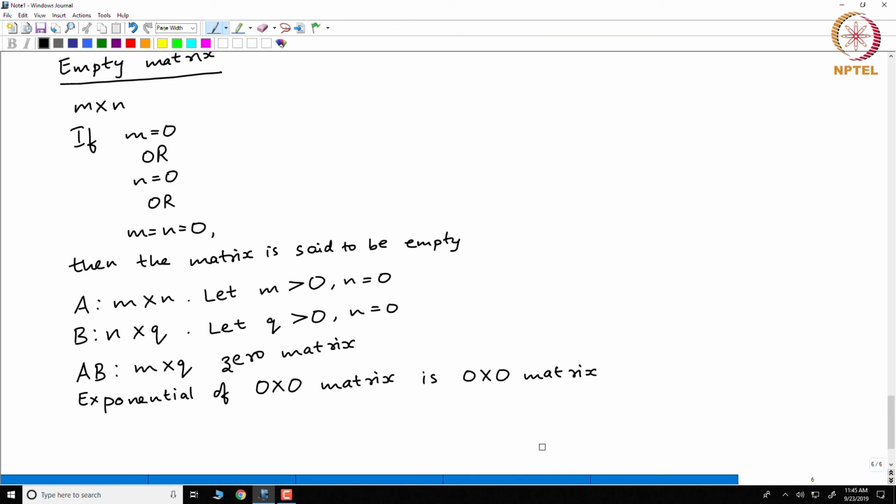So what is the integral of that? The second term in the solution involves an integral. By definition, the integral of an empty matrix is also an empty matrix. We take the integral with respect to tau, so the integral of an empty matrix is an empty matrix.